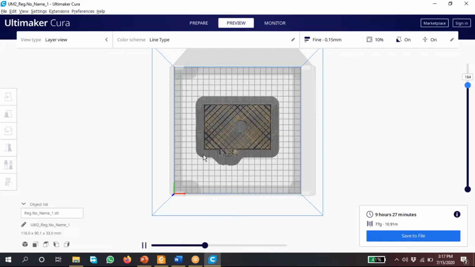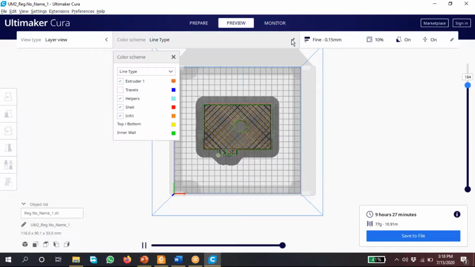And that movement indicates the G code. That is because of the G code position only. Once we save it, we will see what that G code is, and we will understand the meaning of that. That green color indicates the shells. You can see here. Inner wall and shells. Again it is playing.